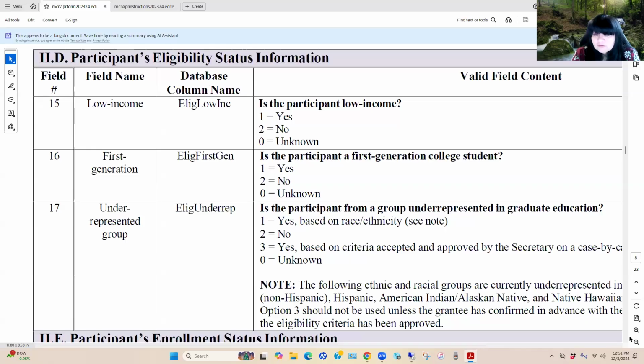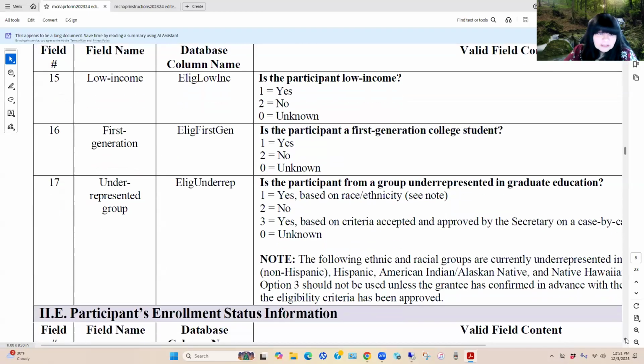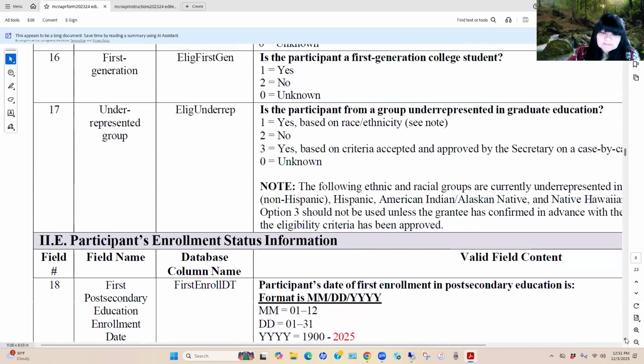Before you can serve those individuals, you do have to get acceptance. Okay, so read the instructions carefully and really understand your regulations well with respect to this 1/3 criteria. Okay, so again, those particular fields are really critical in identifying that we met our program assurances in serving the participants that we indicated we would serve as defined in the regulations.